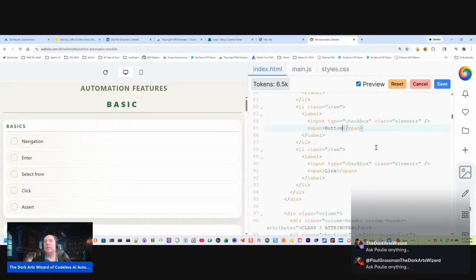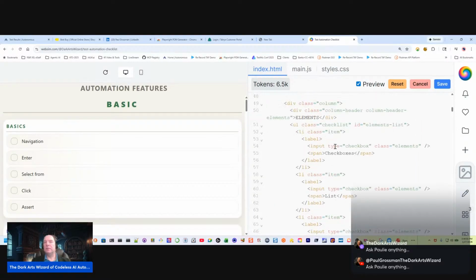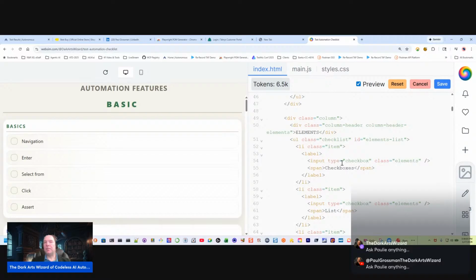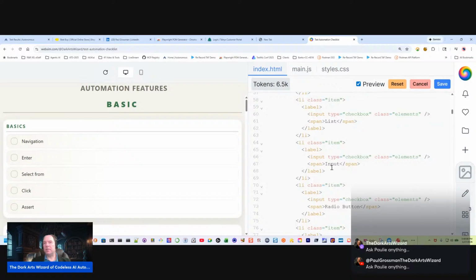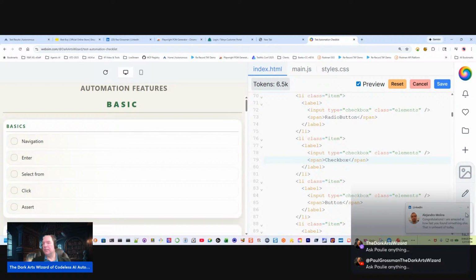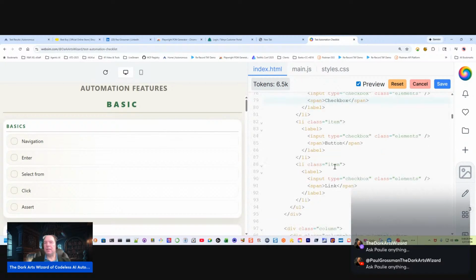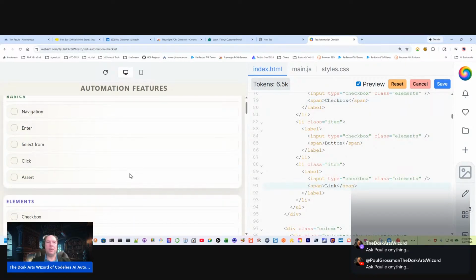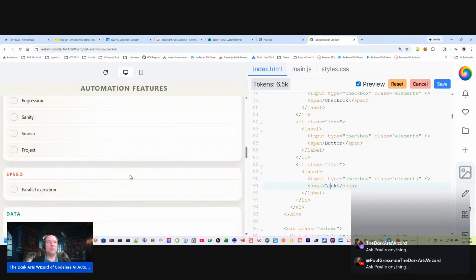And elements are checkbox, list, input, radio button, checkbox. Oh, we have a custom. Oh, that's right. Okay. Button and a link, but there is something under the custom one, which is we might go to our custom elements,